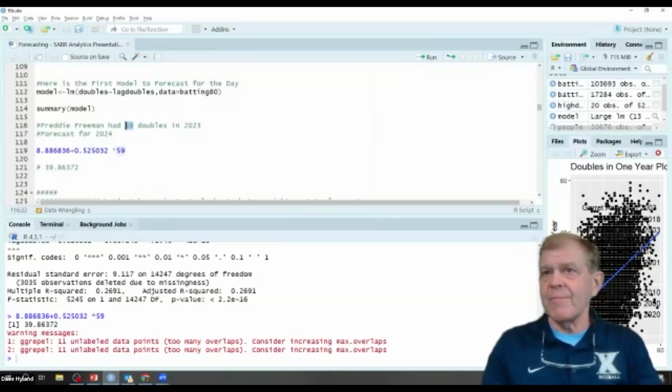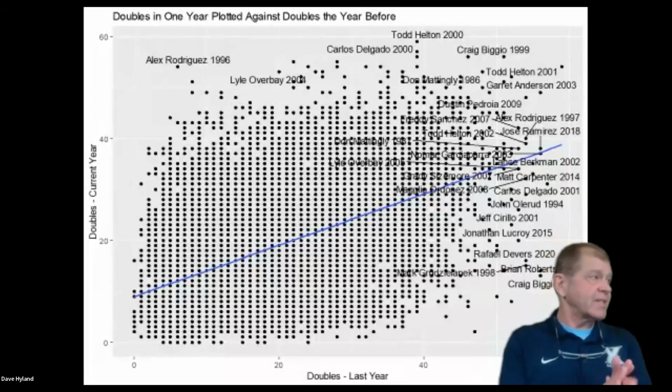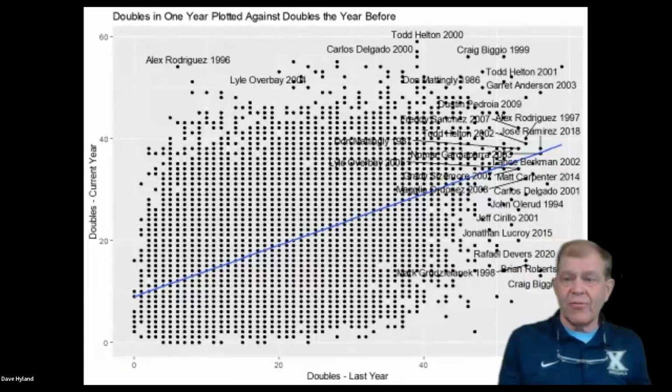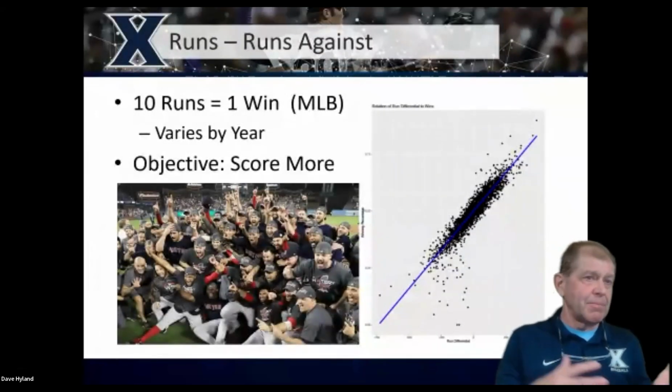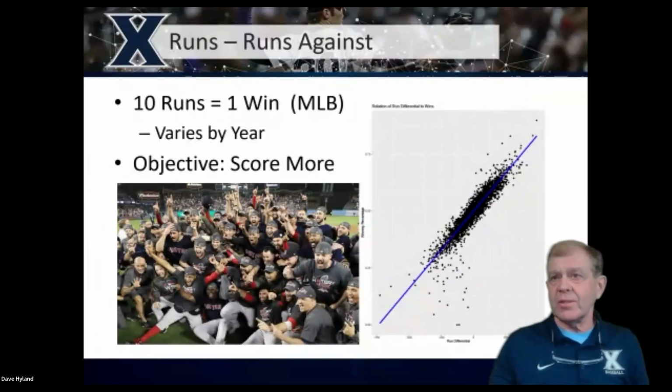Let's take a minute and do a little bit of a sidetrack and talk about what should we forecast. If I'm Baseball Prospectus, if I'm providing forecasts for every single thing, yeah, I'm going to forecast doubles. But let's think about big picture. If I really am going to spend a lot of time and I really want to focus on one thing, what should I focus on?